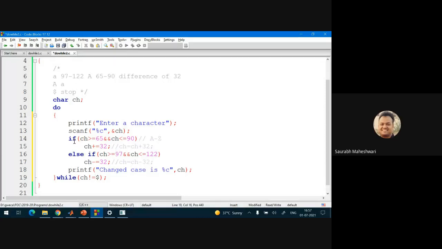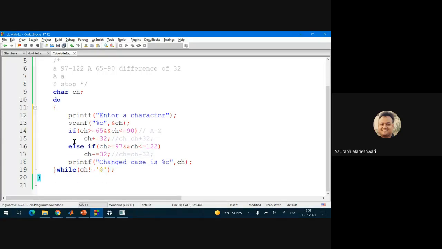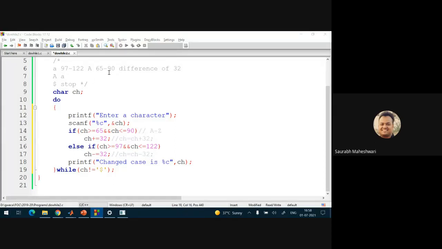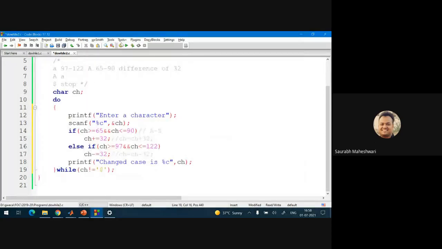Yes, this is very important, because you can run it completely, but it is not going to give you the right output that you want. This dollar is a character dollar, so you have to compare with the help of single quotes. Right? Let us try to run it. First let us see whether it is compiling or not.